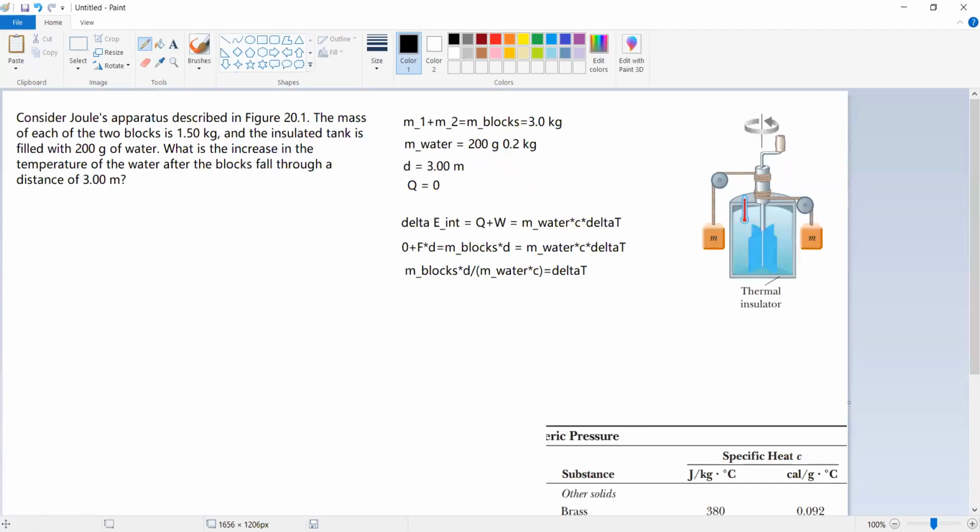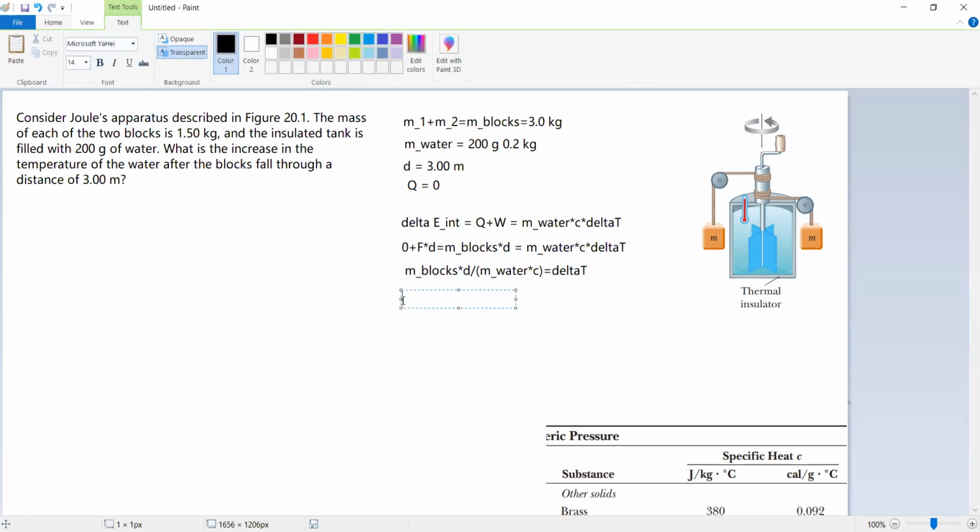So let's just plug all the numbers that we have into our formula. 3.0 times 3.0 divided by M of water, which is 0.2 times 4186, close brackets, and we get this number right here, which is kind of big. Oh wait, sorry, you can't see it. Delta T equals this number right here, which is kind of small, admittedly,